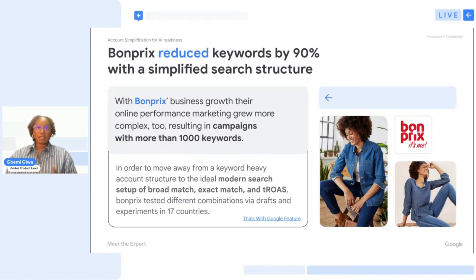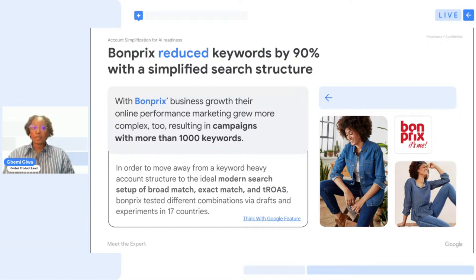We do know that when customers are embracing simplified structures and AI, they do tend to see some gains. As discussed, the complex keyword structures can be a major obstacle to AI-powered advertising. But Bonprix, the case study featured here, a European brand, has actually seen success with simplifying their structures. As their business grew, so did the complexity within their campaigns. Their campaigns ballooned to over 1,000 keywords and became a very tangled web and really hard to manage and optimize. Their keyword-heavy approach was hindering Bonprix's ability to actually leverage AI effectively, and the sheer volume of data was overwhelming their measurement and reporting capabilities, which limited their ability to action and deliver optimal results.